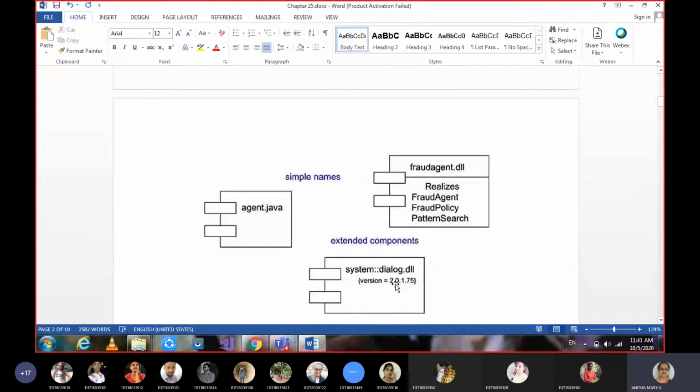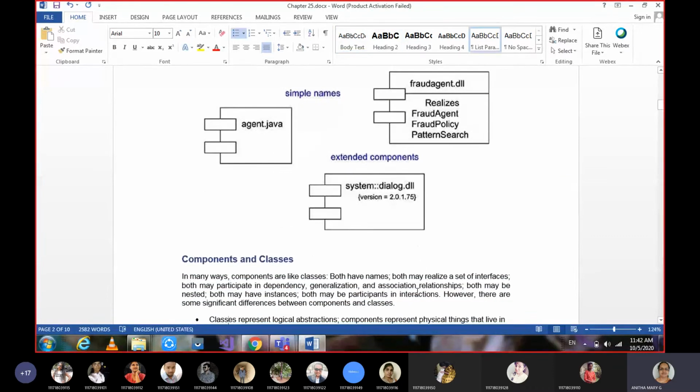The second one is extended components, or otherwise we can say path names. When we say path name, it shows which package the component is living in. So then it is an extended component, or we can say path names: simple names and path names.